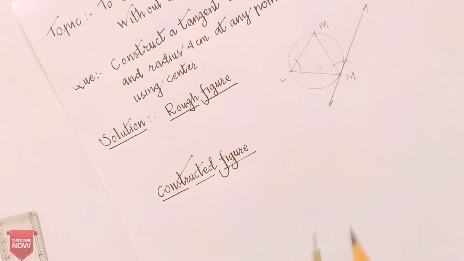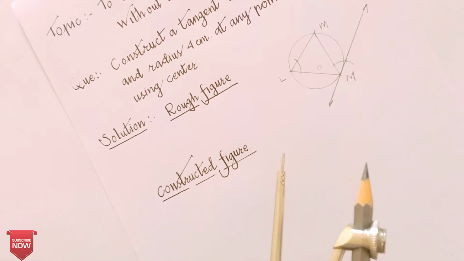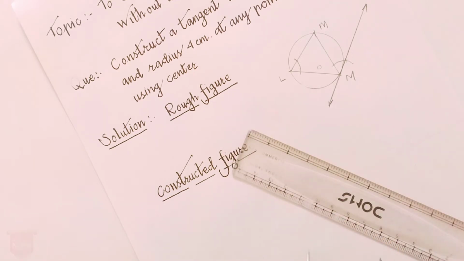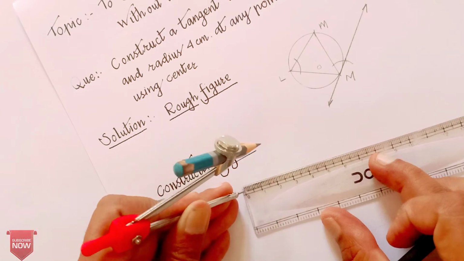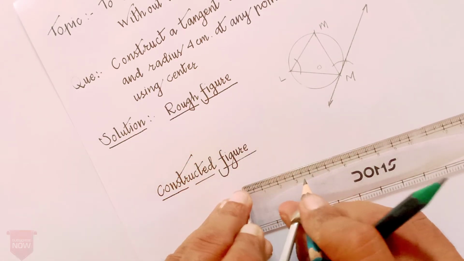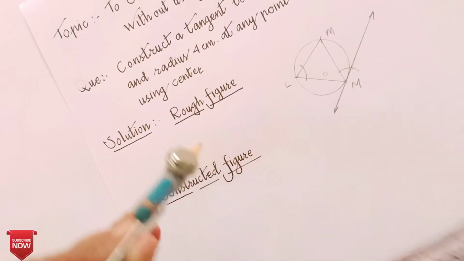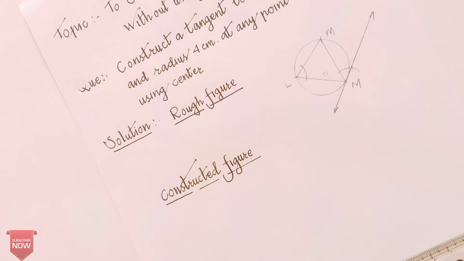So for that you take a radius equal to 4 centimeter in a rounder. This is called the rounder or a compass also. You take a 4 centimeter distance. 4 centimeter distance we have taken, and we are drawing here